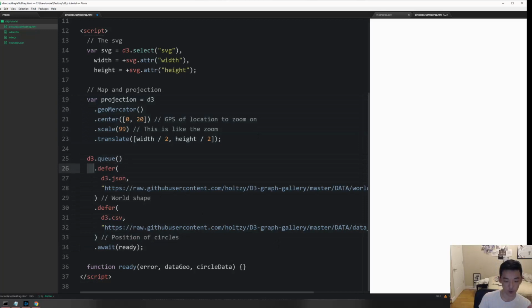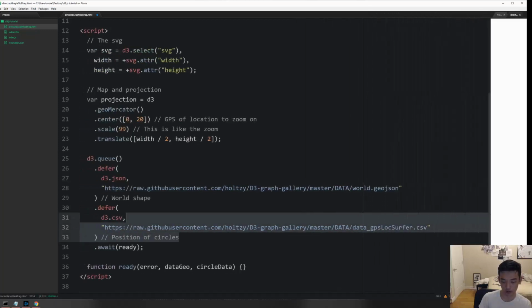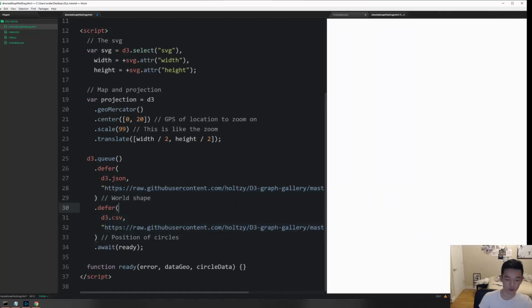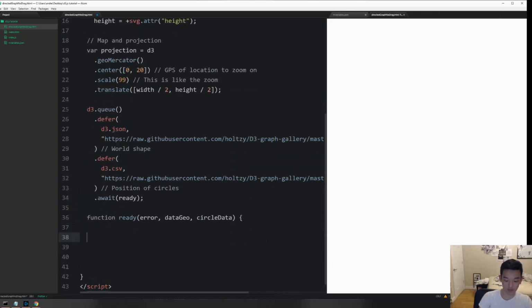With d3.queue, for each of the things that you defer, there is going to be a new argument here that you can access, which is going to be data fetched from here. So I don't care to explain more. You can take your time maybe to copy down these two links. Okay. So I'm going to come in here, and from the last video, we learned that first of all we have to